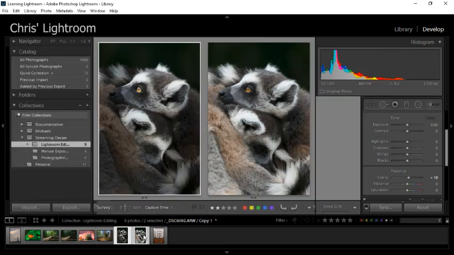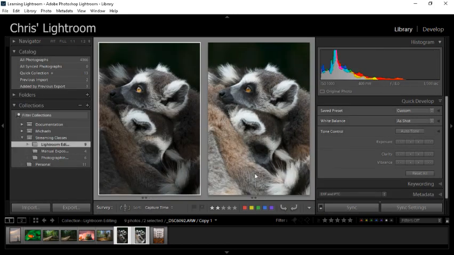Now, I really love the moment that I've captured in this photo. I love the expression on the two lemurs' faces. You've got this nice eye up here that's open, this nice eye down here that's closed. But there are a lot of problems as far as the brightness and lighting of the image to start with. This corner down here is way too bright. And I found when I took this photo, my eye just kept ending up at this part, which is not